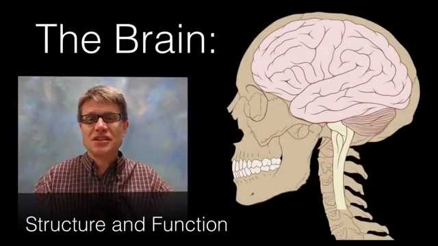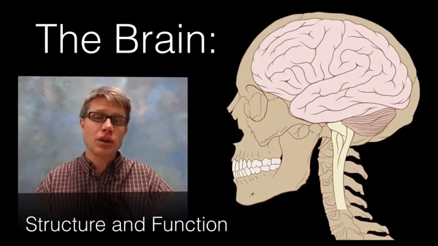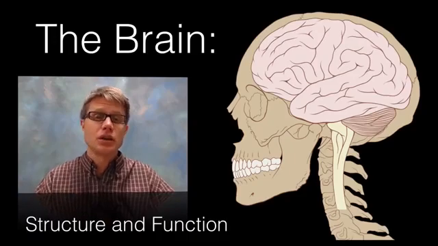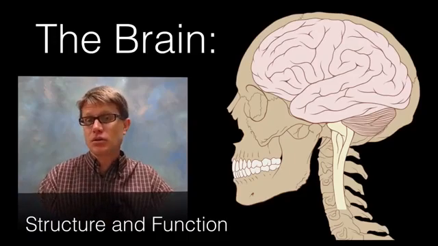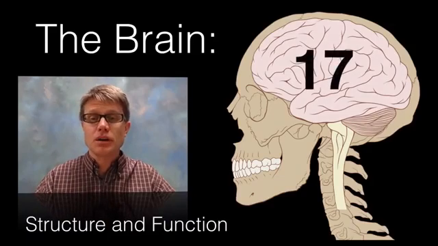Hi, it's Mr. Anderson, and in this video I'm going to talk about the brain, structure and function. Remember, structure is what it's made up of, and function is what it does. We sometimes refer to this as the anatomy or structure and the physiology or the function. And so the cool thing is that we're going to go through 17 different structures in the brain,